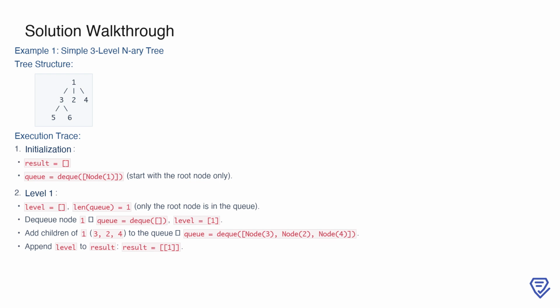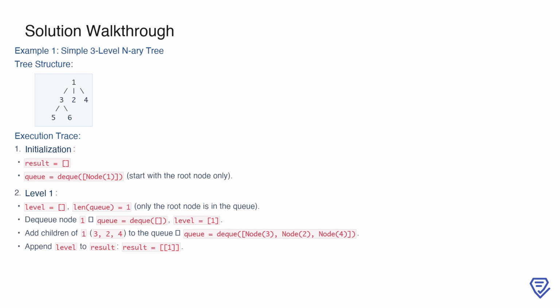At the first level, we process the root. We initialize an empty level list and note that there's only one node in the queue. We dequeue node 1, add it to the current level list, and then enqueue its children, 3, 2, and 4. Finally, we append the level list, which is [1], to our result. At the end of this step, the result is [[1]], and the queue contains nodes 3, 2, and 4 for